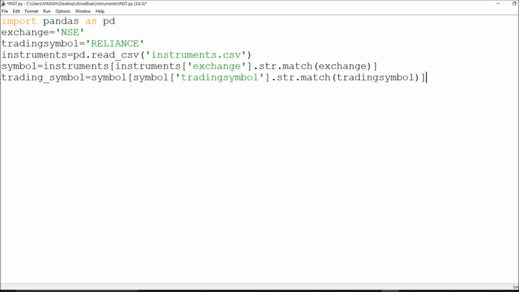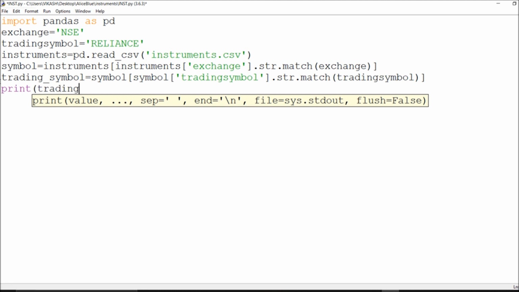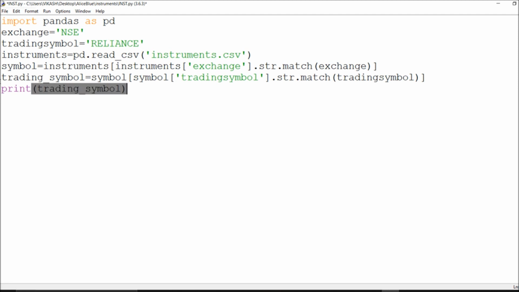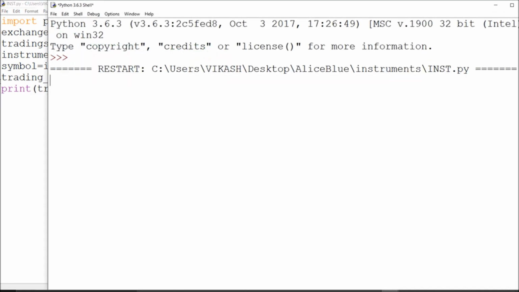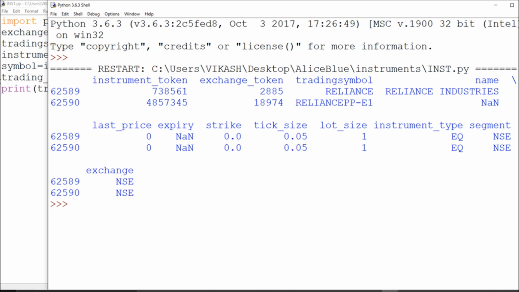So I will try to print this. As you can see, I got two symbols in the trading symbol, in which I tried to fetch Reliance, but I'm getting this trading symbol along with that one.